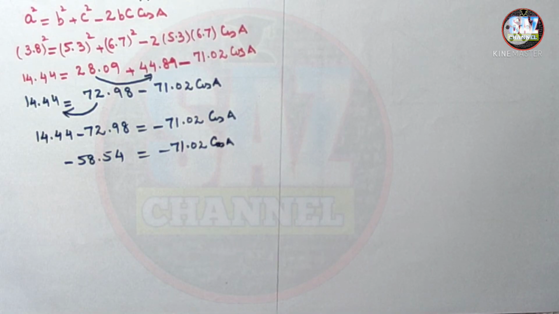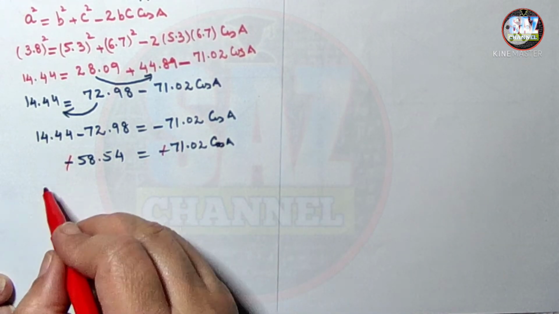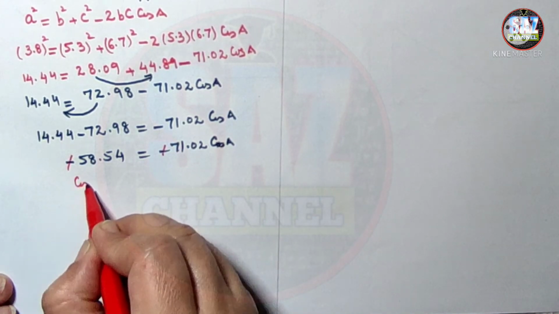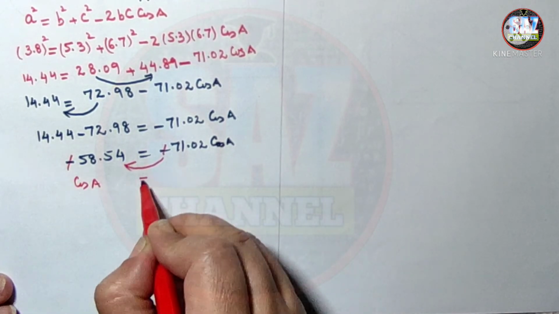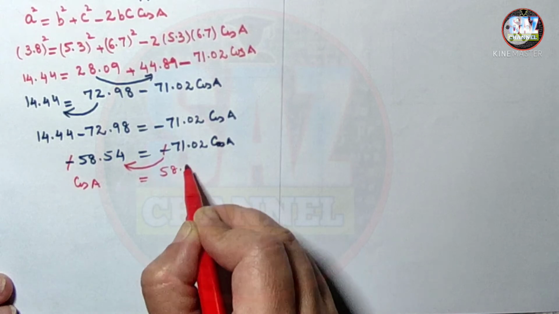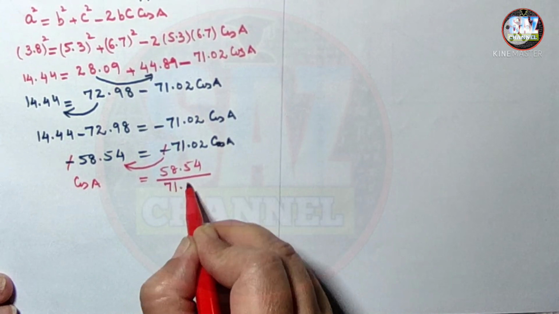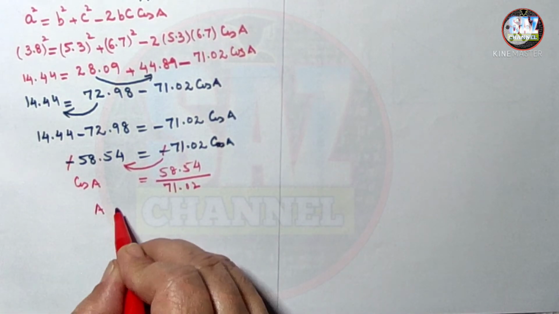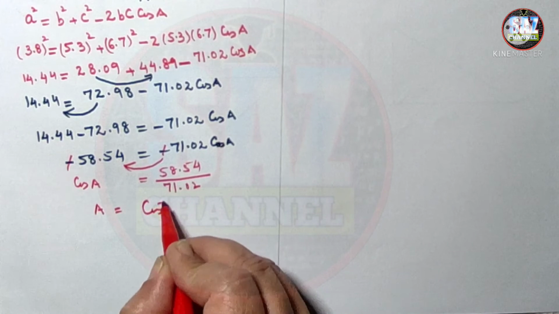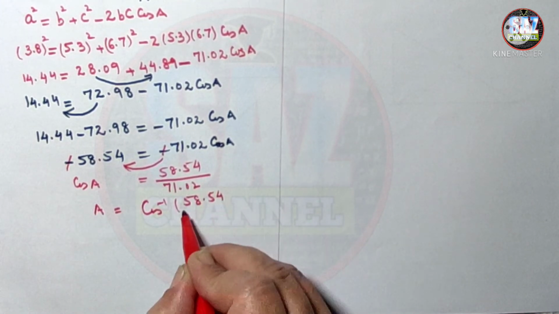71.02 and cos of A, we have negative sign on both sides, we can cancel it out easily. So cos of A will be equal to, we have to shift it to other side, 58.54 divided by 71.02. So A will be equal to cos inverse of 58.54 upon